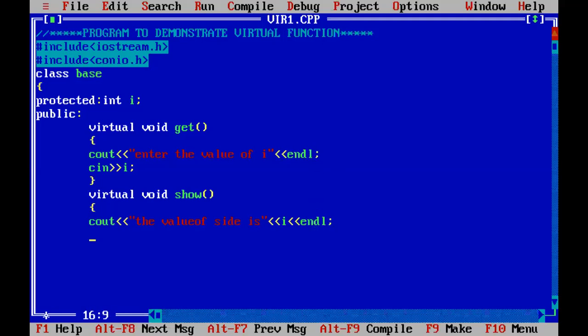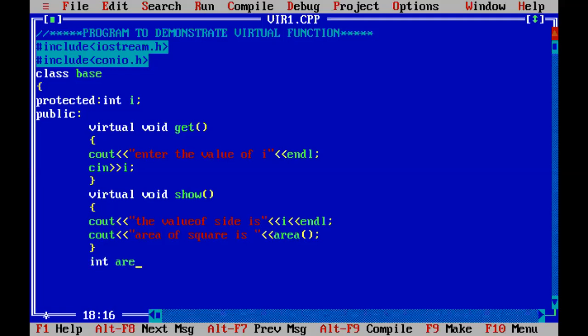And then cout, we are calculating the area of a square here. So area of square is, and then we have to call the function area, which we are going to declare next. This function is closed.